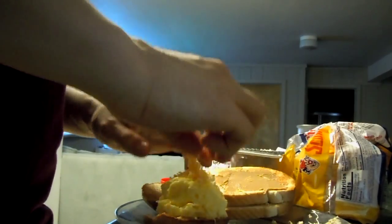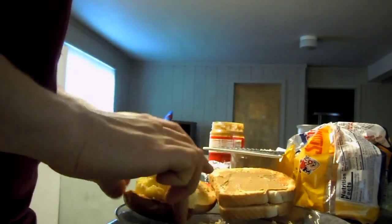One little piece of cheese got mixed in with the peanut butter there, and I decided to eat it. Couldn't taste the peanut butter, couldn't taste the cheese. It was too small to really taste anything. I just kind of swallowed it, basically. Regardless,